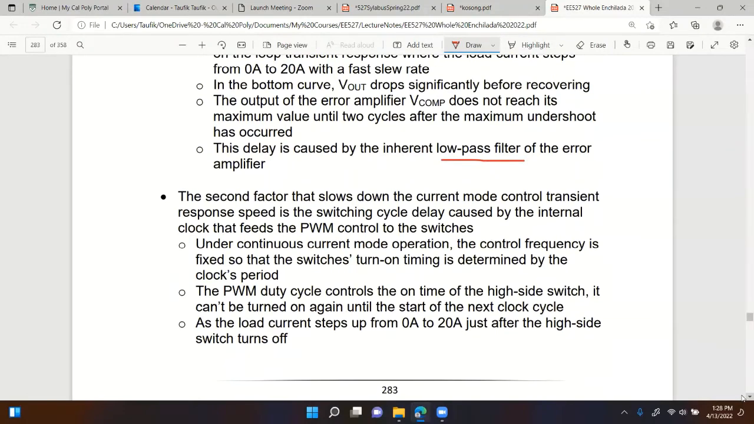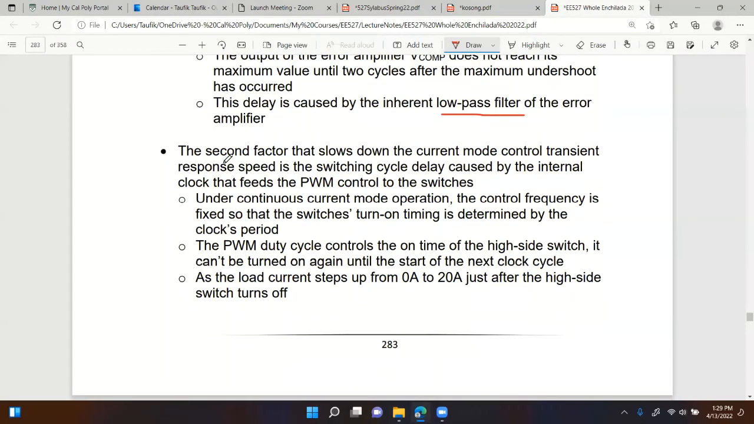Remember, inductor is always delaying current, right? That's why, you know, ELI the ICE man. Inductor current lags the voltage. So that's why that inductor is inherently slow. Okay. The second factor that slows down the current mode control transient response is the switching delay caused by the